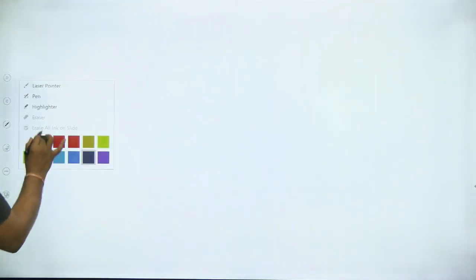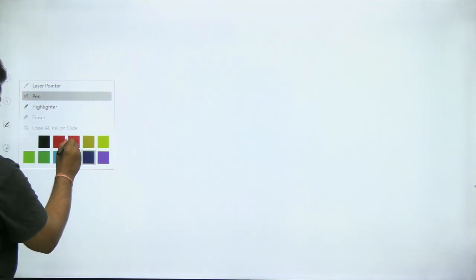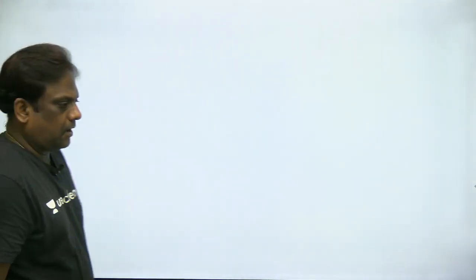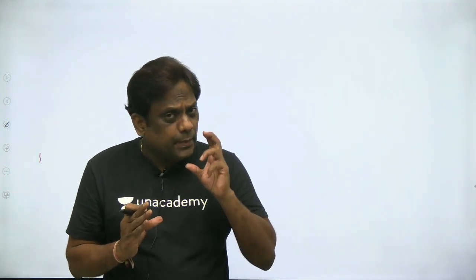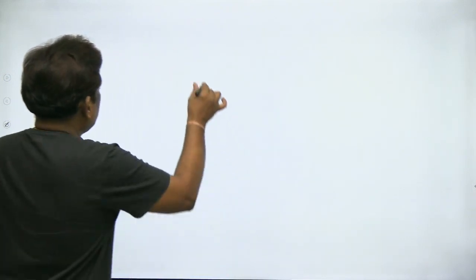I'll take a better color so that you can see clearly. All this is okay now, right? Rolling is a process in which the thickness of the component decreases by passing the work between rolls. It's something like this.